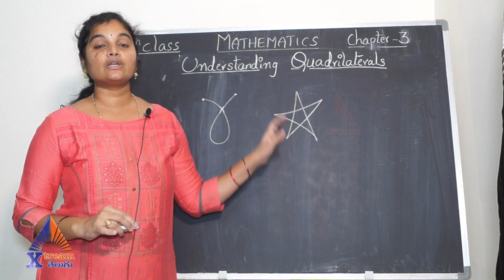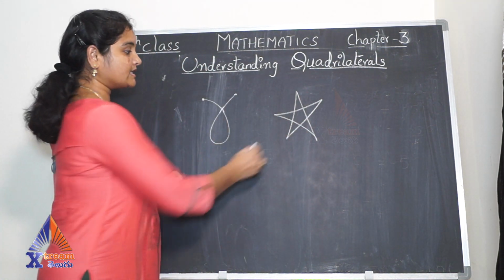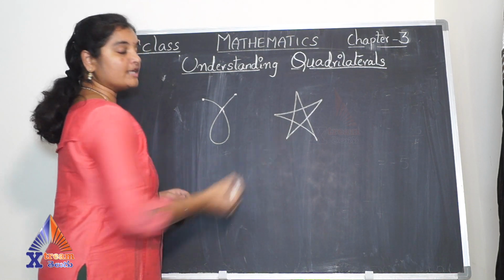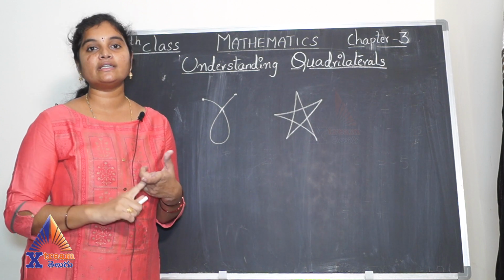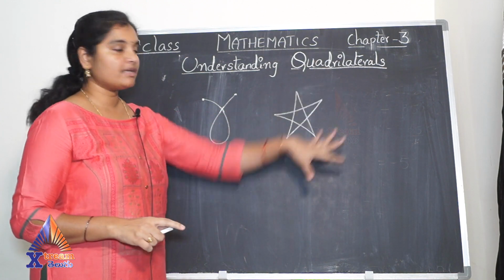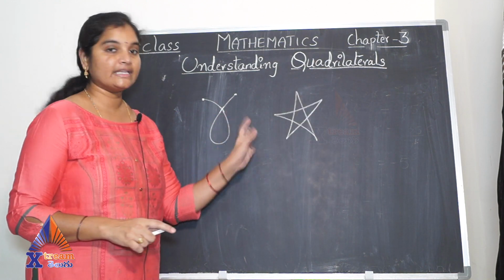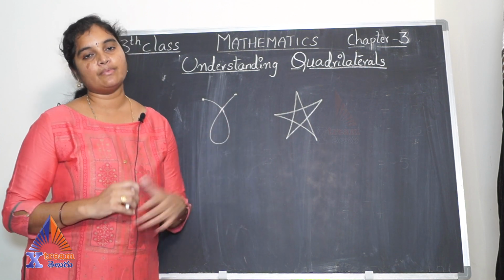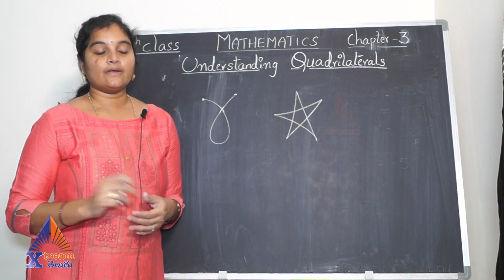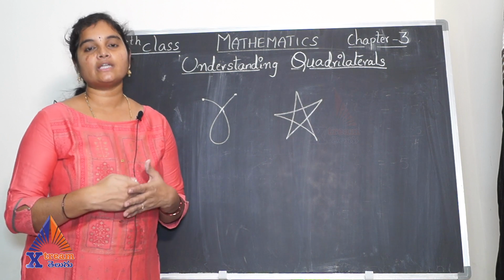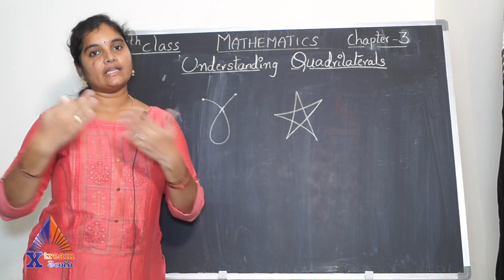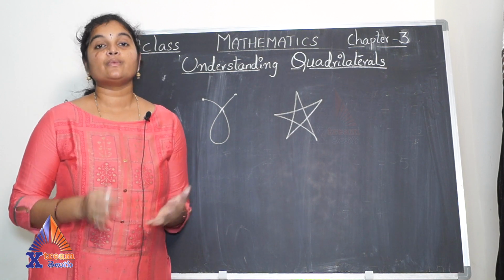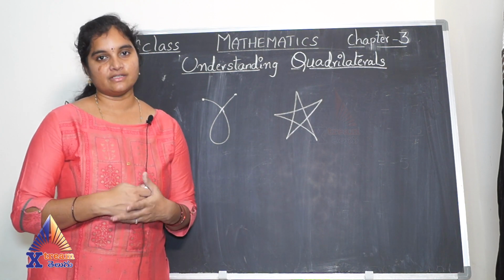It is a closed figure because it has a starting point and an ending point at the same point. It started at the same point and ended at the same point. Wherever it may travel, at the end it comes back to its starting point. Like at the beginning of the day we start at our home, we go to school, we play there, we travel in the bus, and at the end of the day we reach our house. So we are closed figures, we are not open figures.